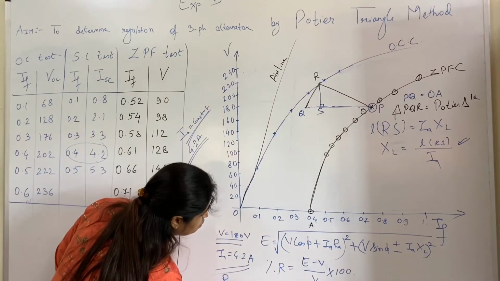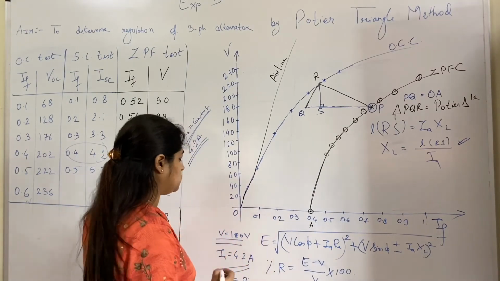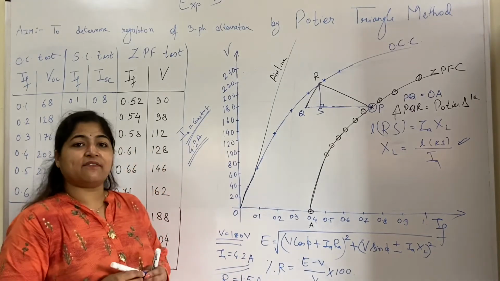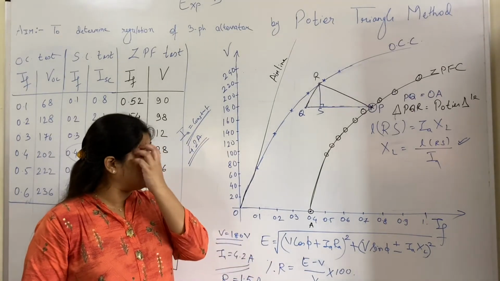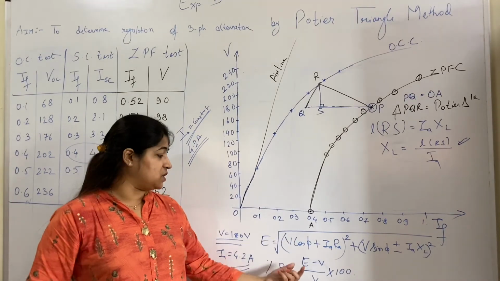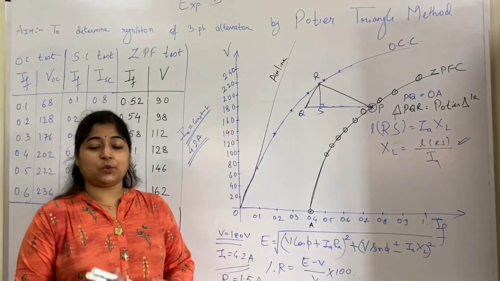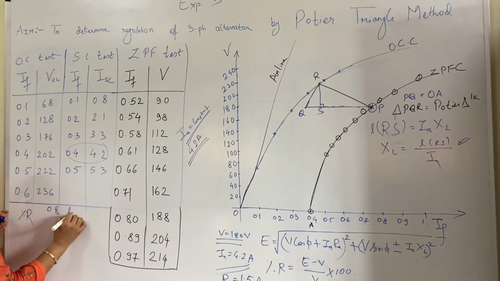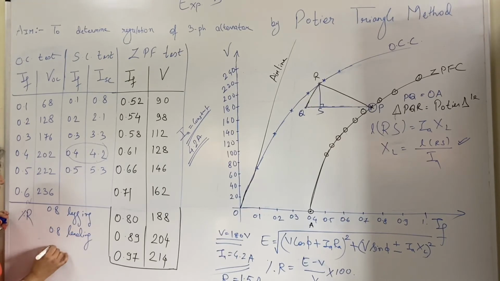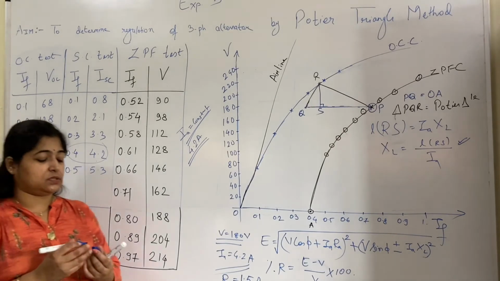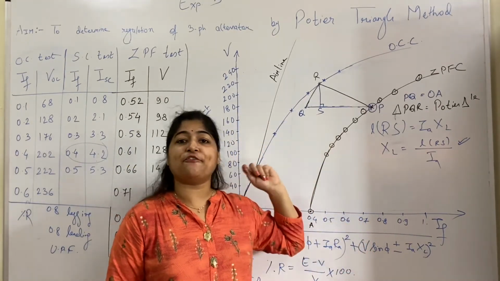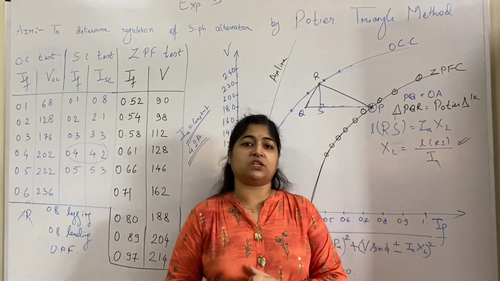RA is already known to you. What is the value of RA given here? It is 1.5 ohm. Substitute everything, you will get the EMF equation, and substitute EMF equation in voltage regulation equation. V will be 180 here and you will get percentage regulation. So find out percentage regulation at 0.8 lagging power factor, 0.8 leading power factor and unity power factor. I hope this calculation part is clear to you. So this is how you need to plot this on a graph paper to get the accurate reading of XL out of it and then substitute in EMF equation and voltage regulation.